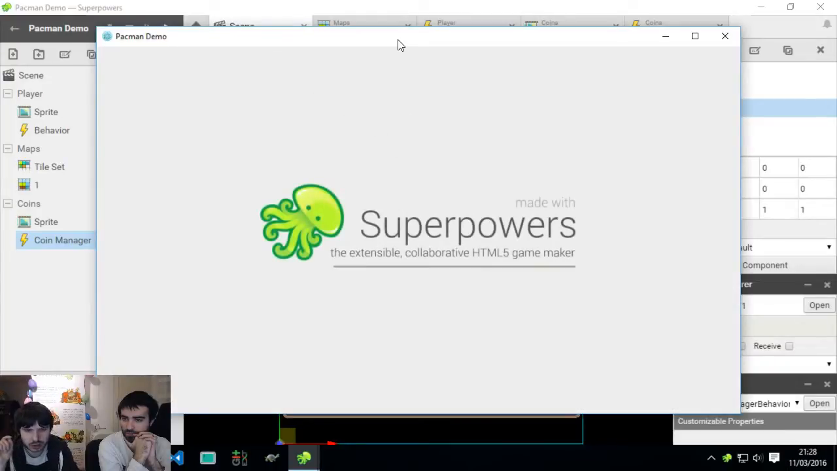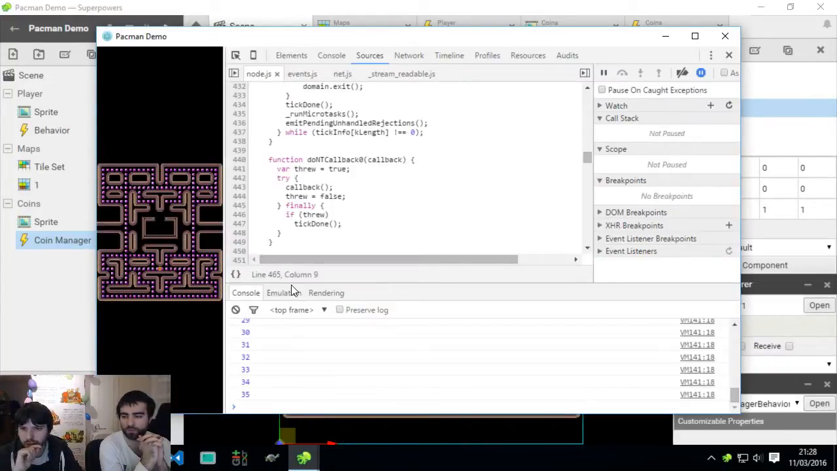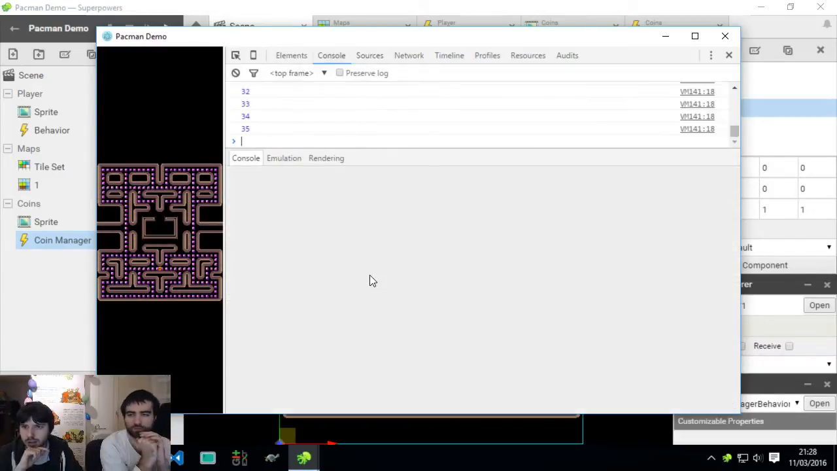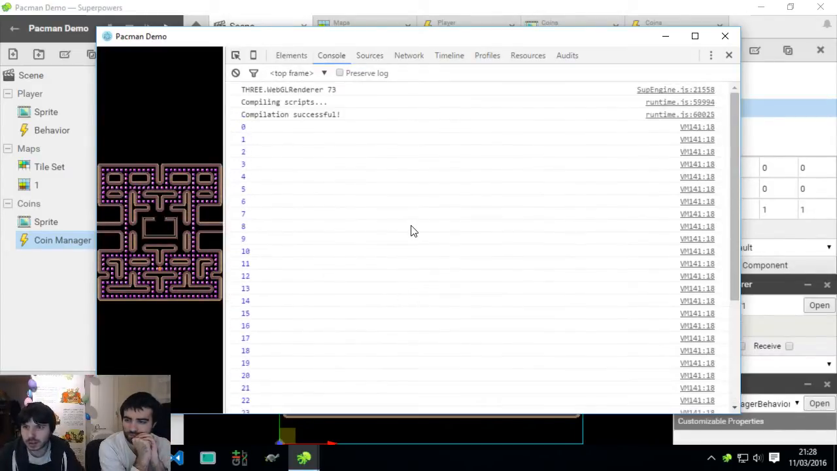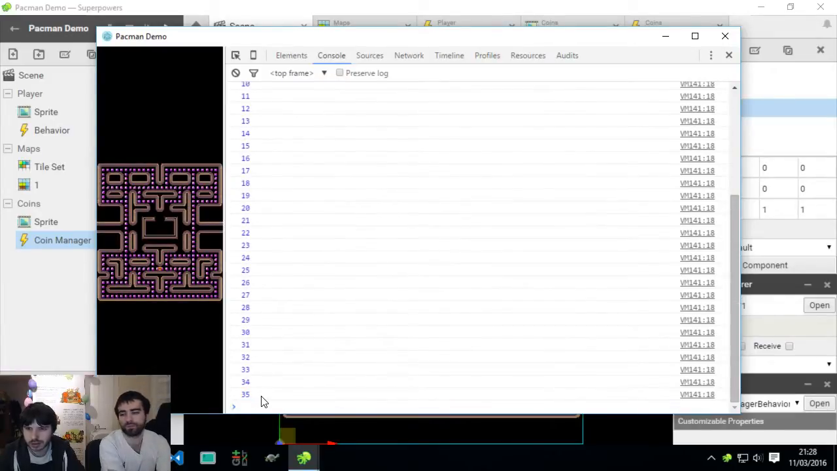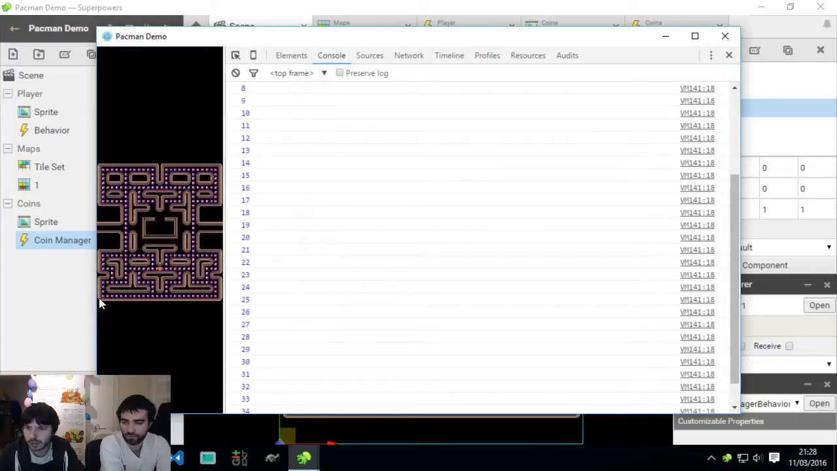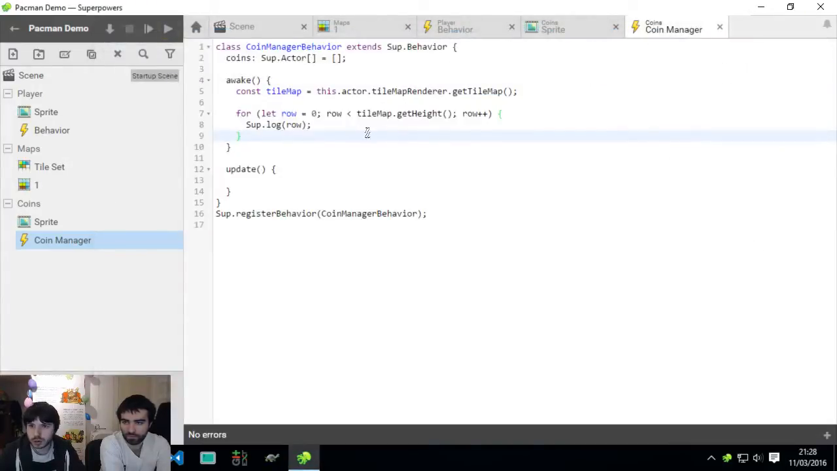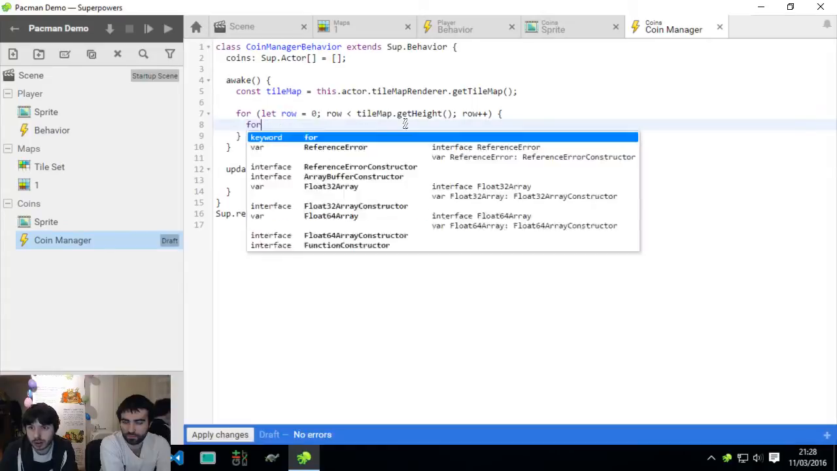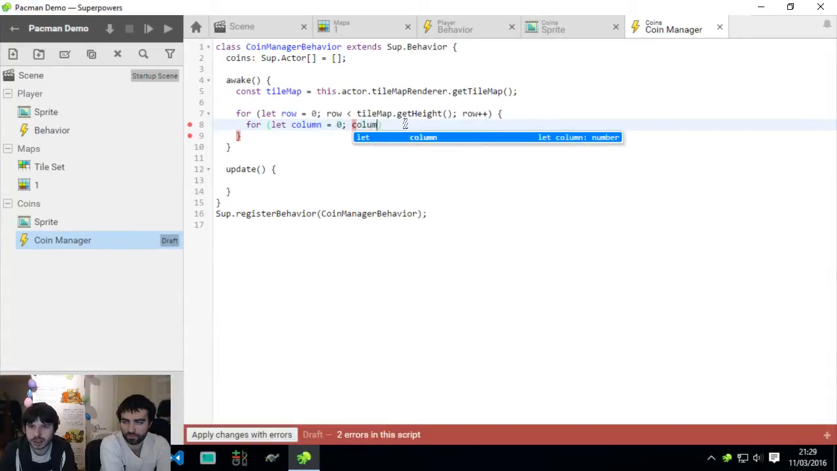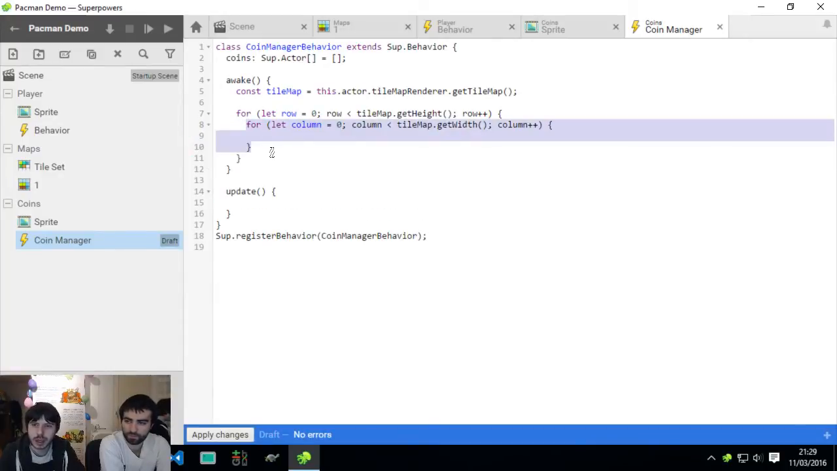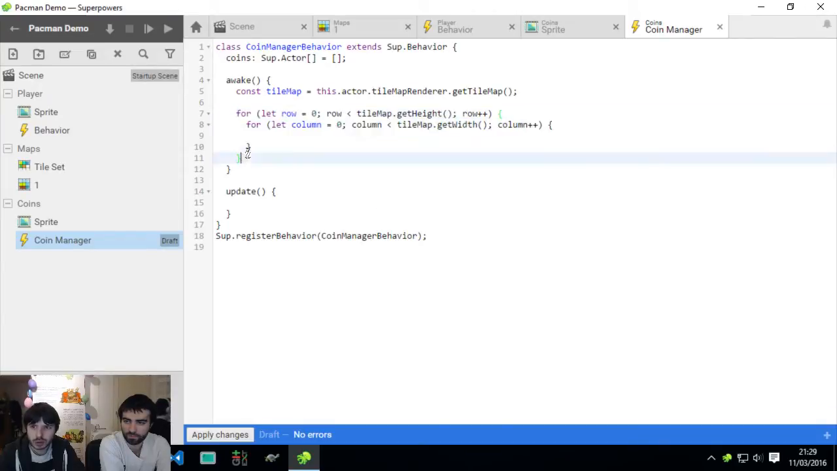So now if I launch everything, we should see in the console we've got all the numbers from 0 to 35. So that is 36 numbers, one for each line in our level, each row. Now for each row we will loop over each of its columns. To do that we are just putting a second loop inside the first loop. So this loop will be executed once for each row, and so that will do 36 times